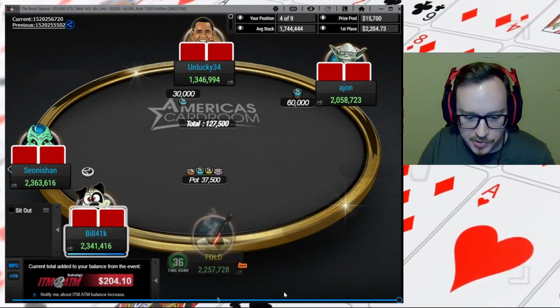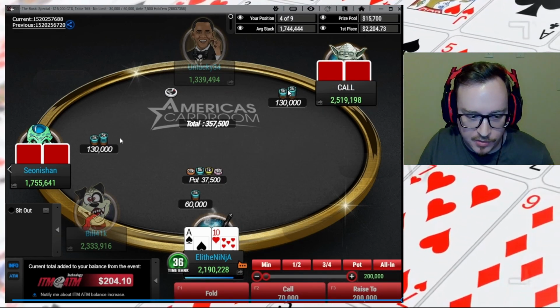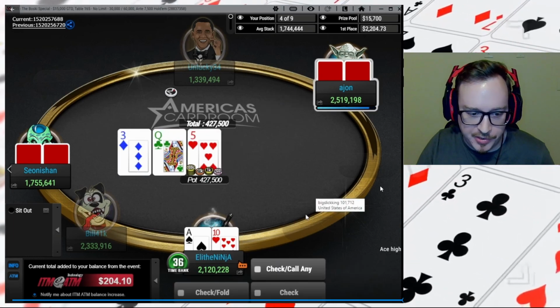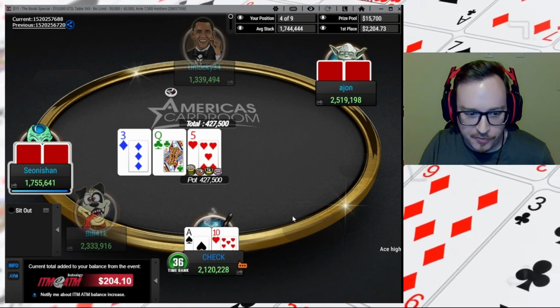All right, we're gonna fold the 10-6. With the ace-10 in the big blind, a player raises, another one calls. Certainly gonna call this. The flop is queen 3-5. We totally miss in a three-way pot, but I check, and then the pre-flop raiser